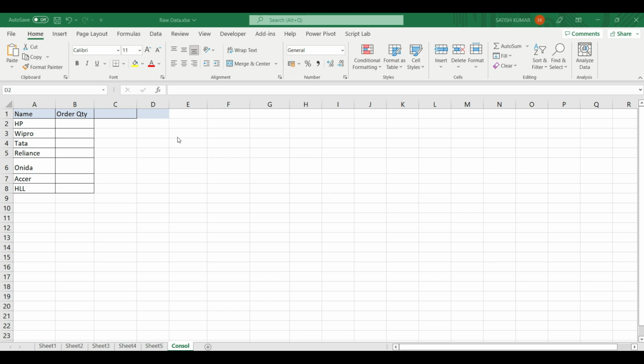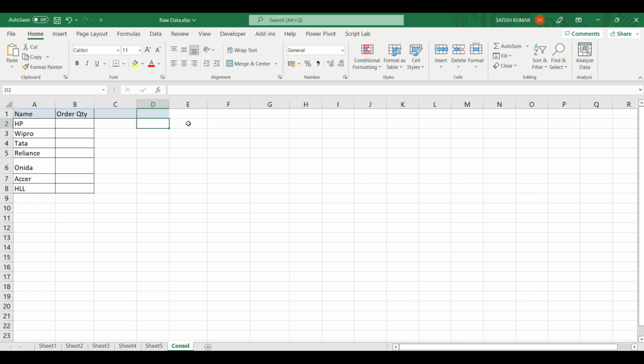Before we start building our function, let me explain the basic need for this function. As we will be looping through all the sheets, we need all sheet names for that function. One way to get sheet names is to manually enter all sheet names, but then this solution will not be dynamic, and we want it to be dynamic. So to get the sheet names in this workbook dynamically,